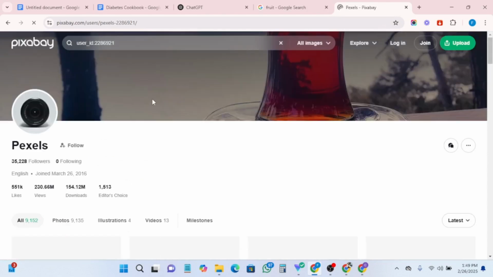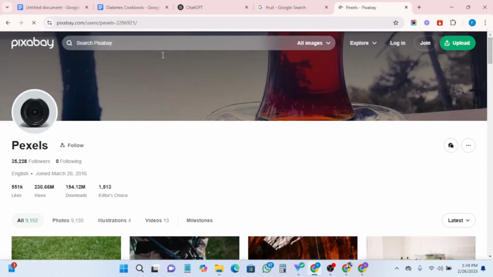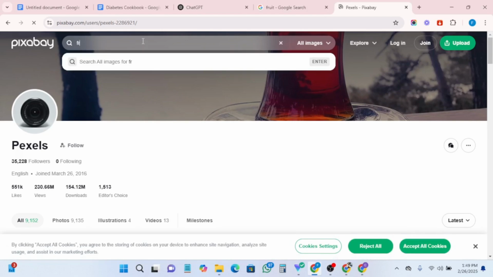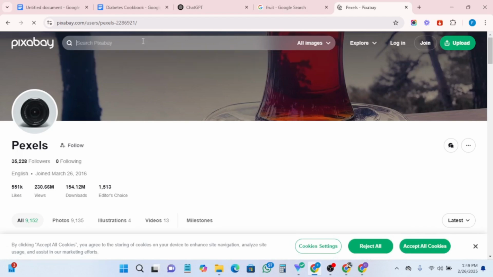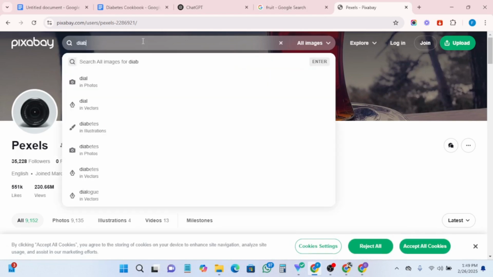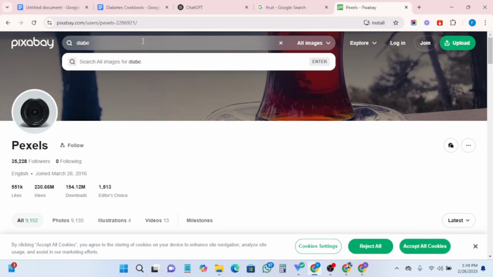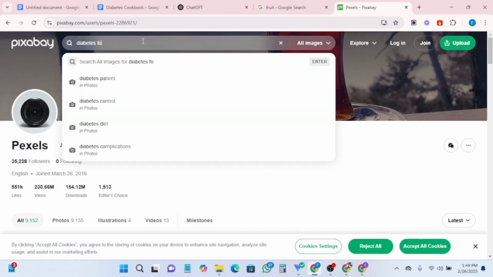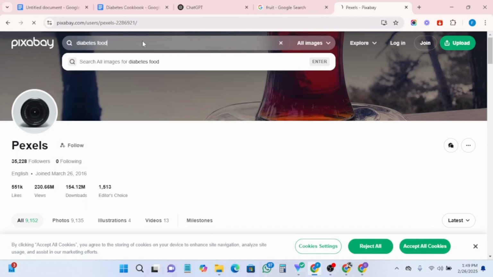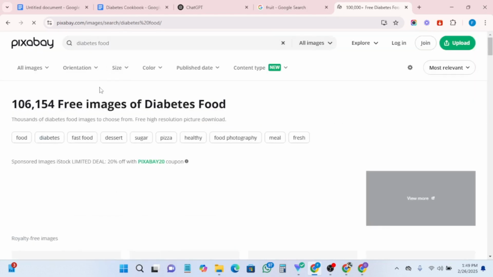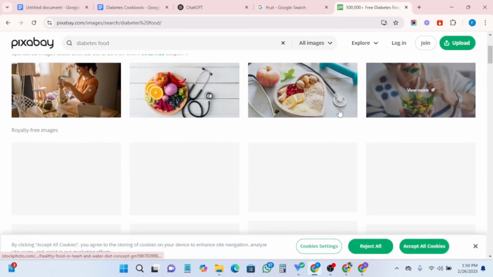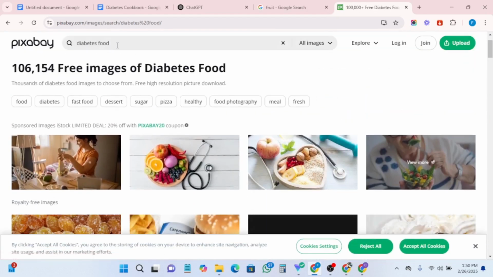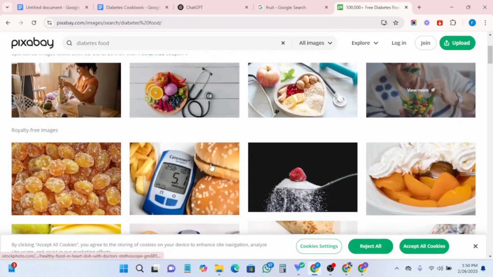All right, so you can download diabetes or foods. Diabetes, let me type diabetes food. Let me just type this. You can download, you can type anything you want. So, okay, so you can just